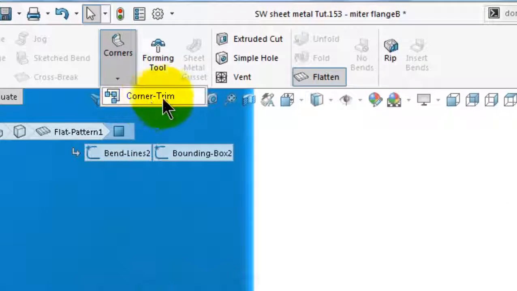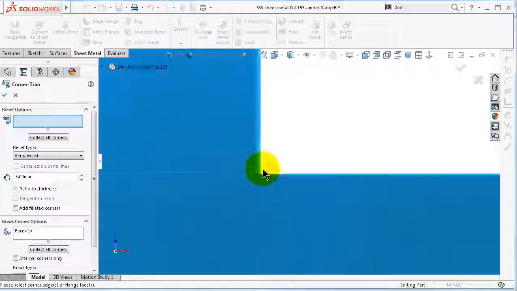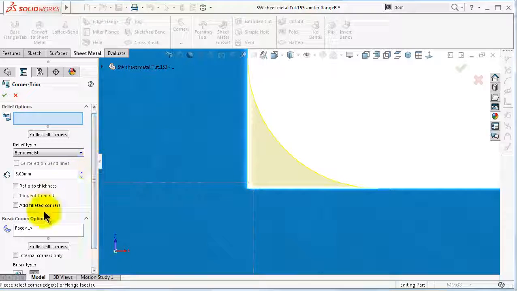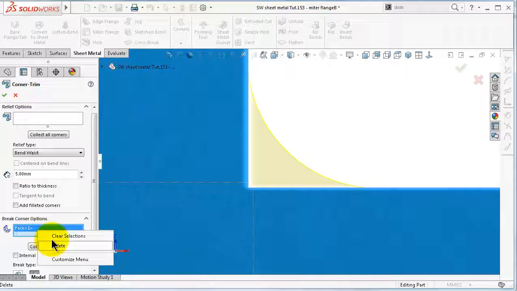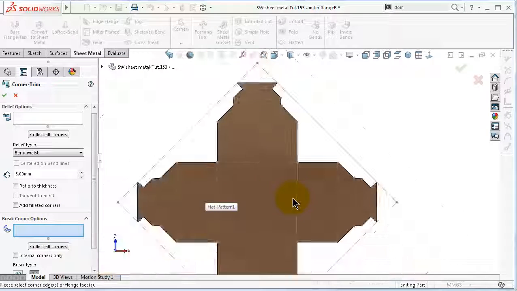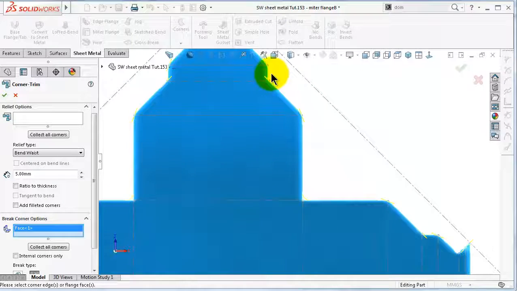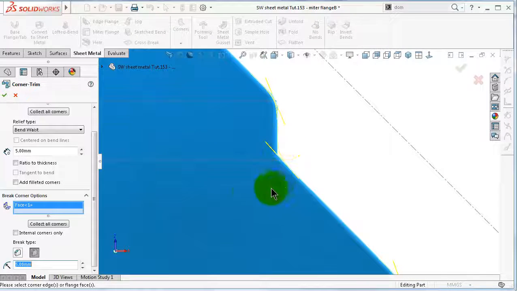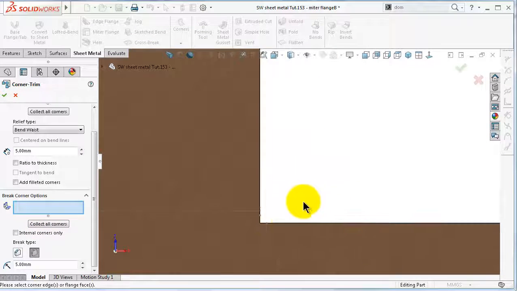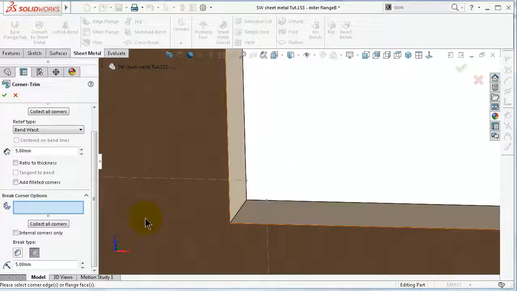This is the only option that can work on the trim, and just make sure that you are not selecting any face because it will break all the corners of the product. Just clear or delete this face and select that edge,